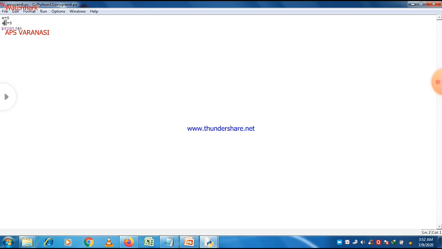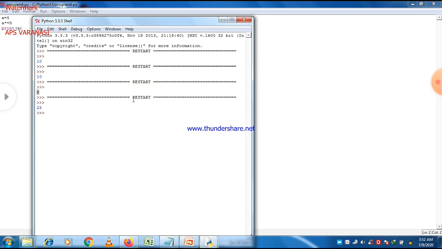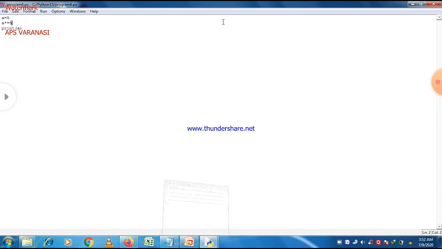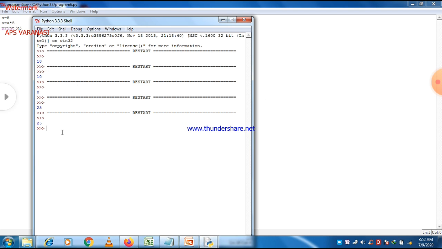And you can write another arithmetic operator. Suppose in this case we want to write a multiplied equal to 5, means a is equal to a into 5, and a is equal to 5, so 5 into 5 means 25 will be printed. So 25 will be printed in this case. Next, if we put the slash operator or division operator in this, then this will also work. First of all, if we write a is equal to a multiplied by 5, both have the same answer. You can see it, 25 again.